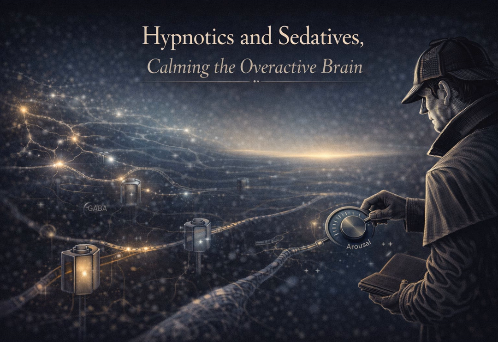If you want to slow down the brain, you have to talk about GABA. Gamma-aminobutyric acid, GABA. It is the major inhibitory neurotransmitter in the central nervous system. Full stop. So it's the main off signal. It is. I like to think of the brain as a crowded, noisy room where everyone is talking at once. Glutamate is the guy shouting, trying to get everyone excited and riled up. The excitatory signal. Right, and GABA is the little librarian walking around going, shh, telling people to quiet down. I like that.